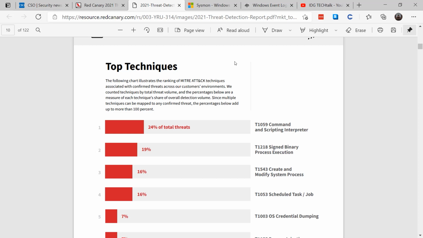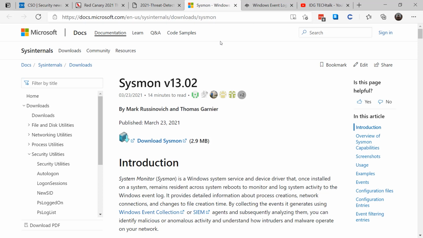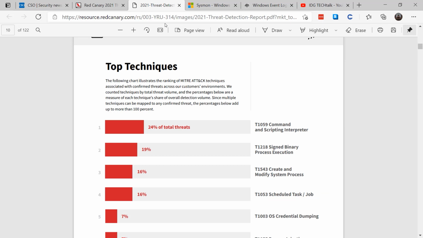So how do you detect for this? You want to look for suspicious commandlets or any other commands that you don't normally do. One of my takeaways from this report was you want to make sure you have a really good idea of what's going on and what's normal in your system. So you want to install something called Sysmon if you haven't already. That's an event logger that specifically looks for attack sequences. And then you want to build a baseline of what your normal scripts, normal tools, and normal events are. And when things start to look unusual, you want to take the time to investigate.